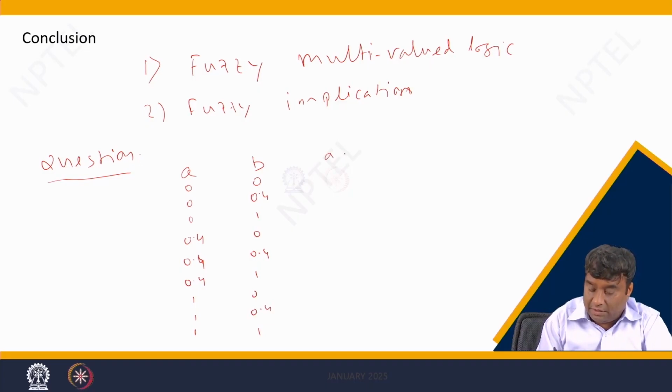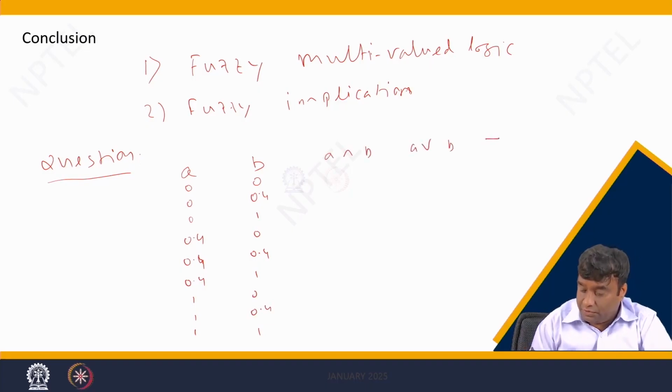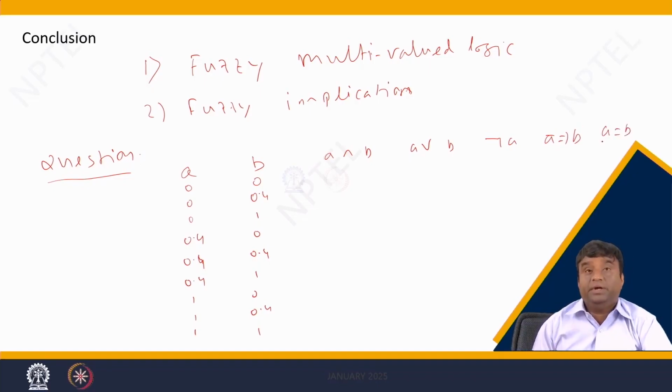Find A and B, A or B, not A, A imply B, and A equal to B. So complete the table for these truth values. So this is the question for today,